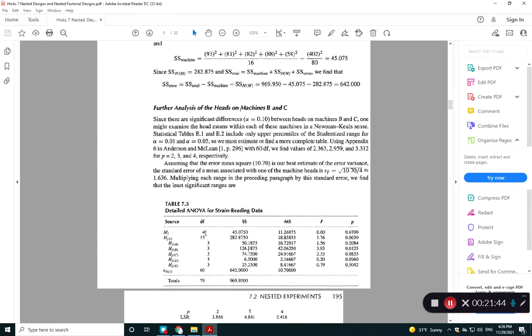5 machines, 4 degrees of freedom. 4 heads minus 1, 3 degrees of freedom. And then the interaction term is 4 times 3, 12. So this 15 degrees of freedom in the factorial design is the main effect of head plus the head-machine interaction term. But I don't want to partition them that way anymore, because I want to assign this